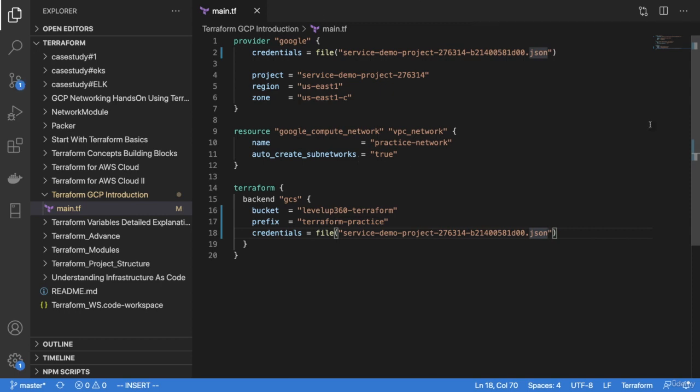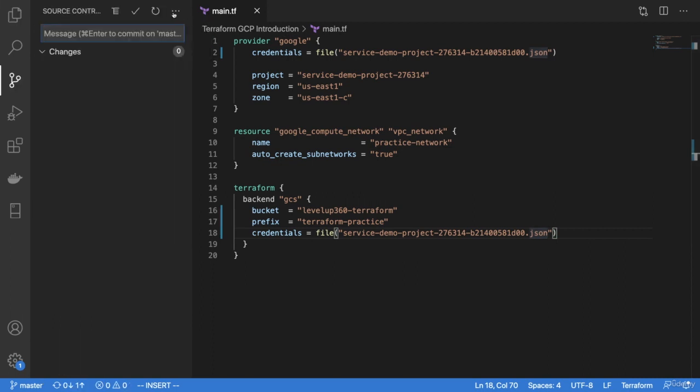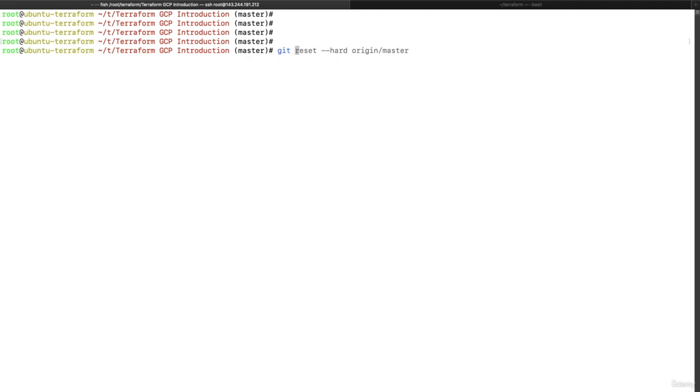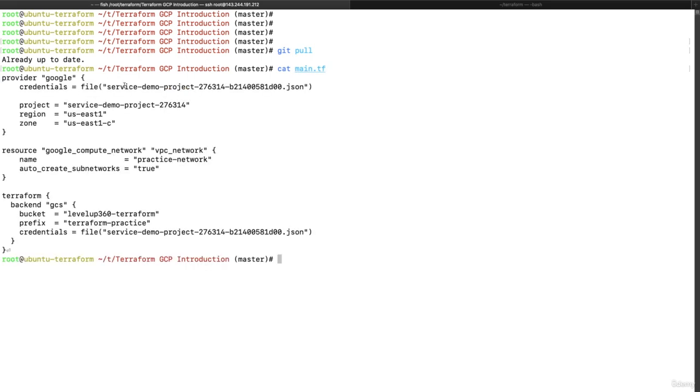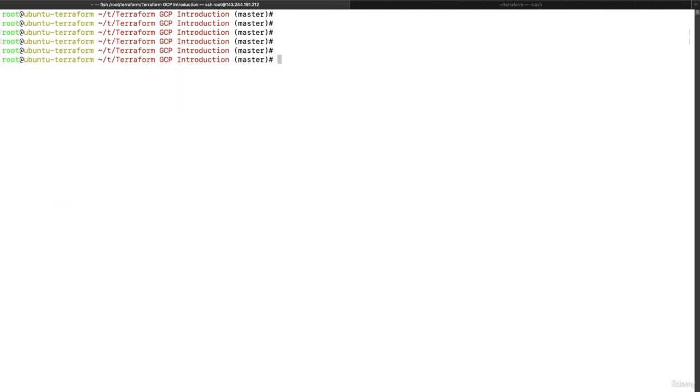And what we will do is commit these code changes. Once you commit and push your code changes, now within your Terraform machine, you need to execute git pull. It will pull all the changes. Let's execute cat main.tf and you can see we are getting the service account changes. This is my project, region, zone, the network what I want to create, the subnet. It will create the subnet within this particular network. Here is the backend, the bucket, bucket prefix and credential. Now we will execute the terraform init